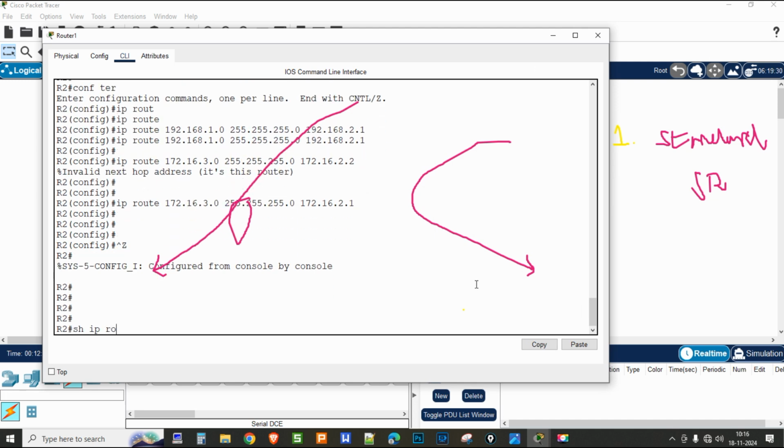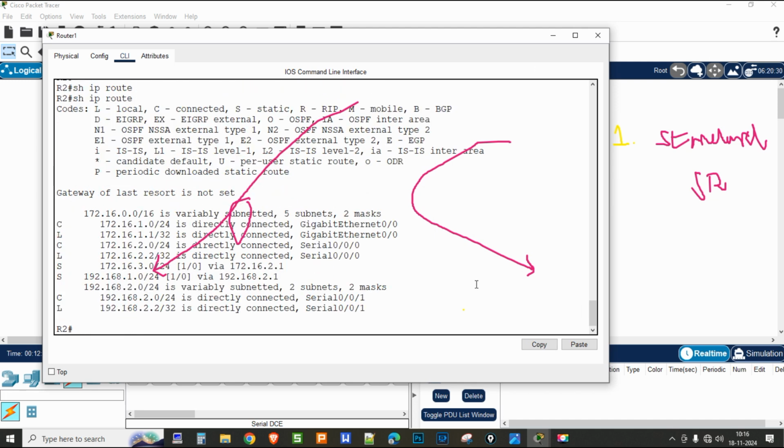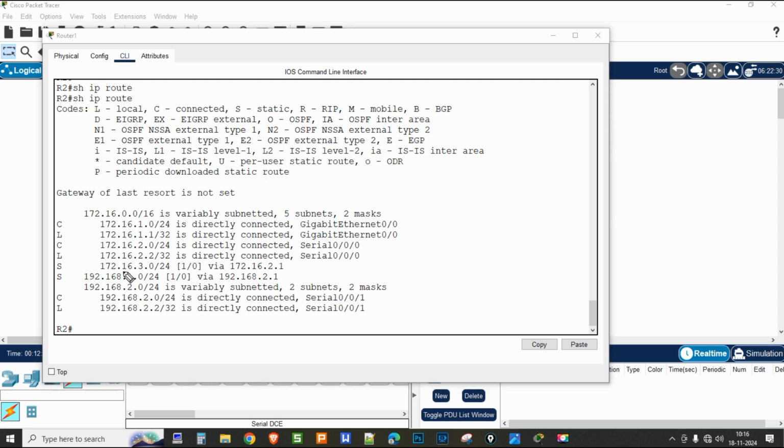So IP route, to verify here, 172.16.3.0 via 2.1, then 192.160.1.0 via 192.160.2.1 networks. Next,